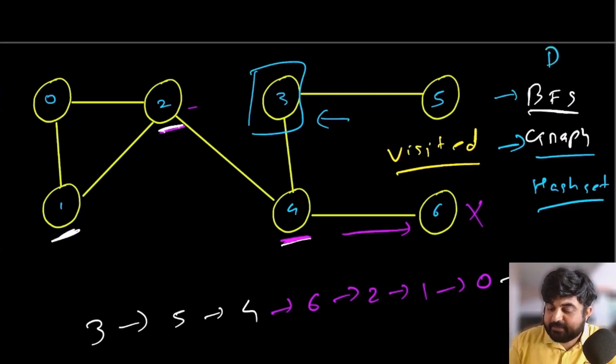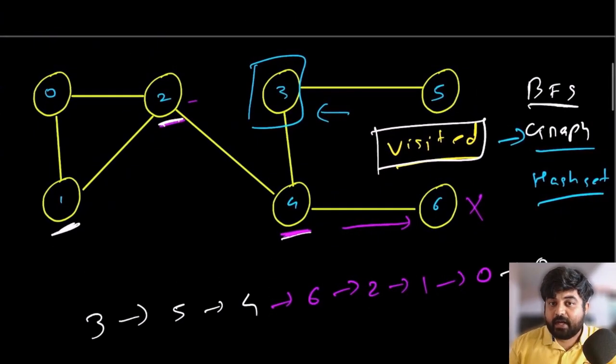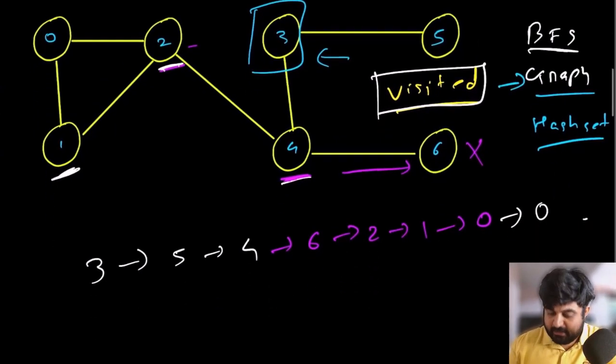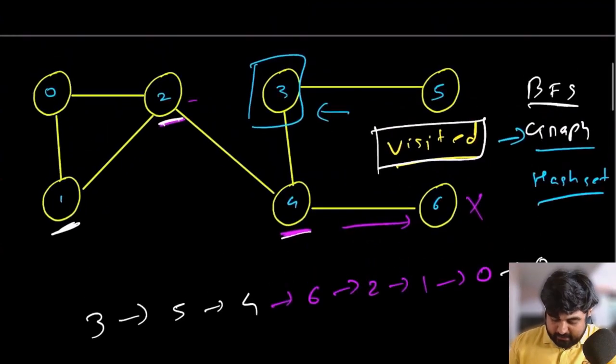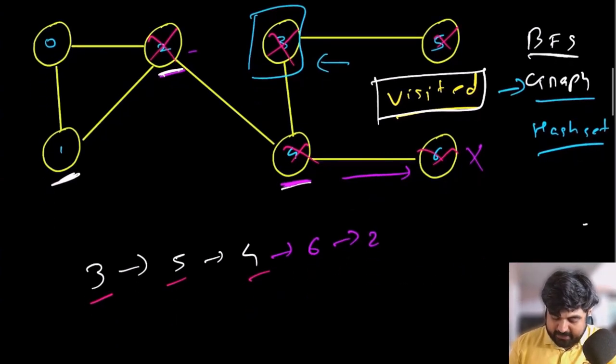Another technique is a depth first search that I'm going to explain in the future videos. But in either case, you have to make sure that you take care of the visited nodes, because you do not want to end up in an infinite loop cycle. So now again, let's go back and mark all the nodes that we have visited. So 3 we already visited, same way we visited 5 and 4 and 6 and 2. So all of these nodes we have visited so far, and now let's repeat the same process.